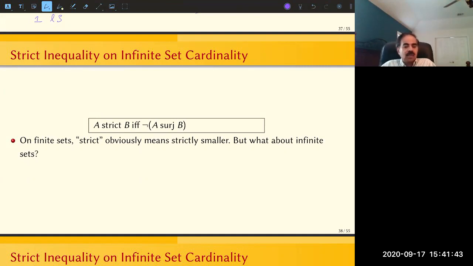Once again, we are going to use the notion of surjection for this purpose. And we are going to say that A is strictly larger than B. I'm sorry, not A is strictly larger, A is strictly smaller than B. So that's what it says. So A is strictly smaller than B if,